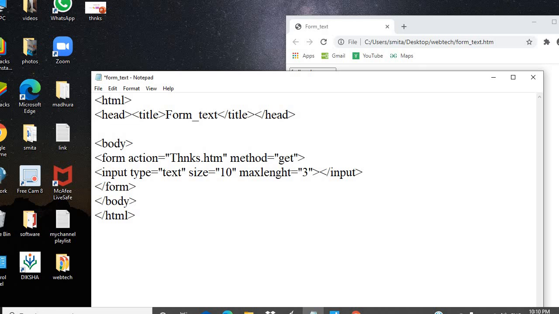Now the next option is a text area. Text area is used to collect information in more than a single line of text, in two or more lines. This form field scrolls in order to type the entire text to fit in the form field.